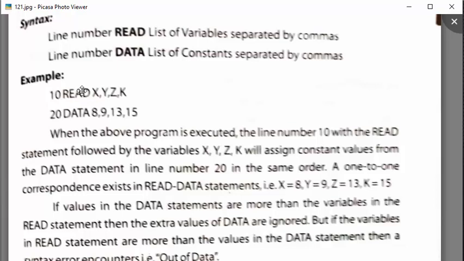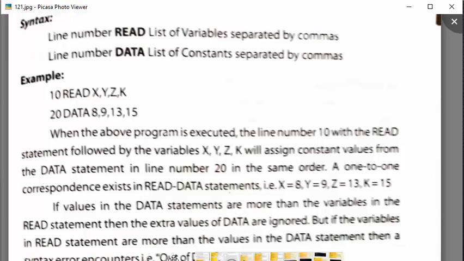Like here, we have given four and four in both the READ statement and the DATA statement. If in the READ statement there are 5 variables and in DATA there are only four constants, then when the fifth variable is called for data, there will be no constant for it to assign.